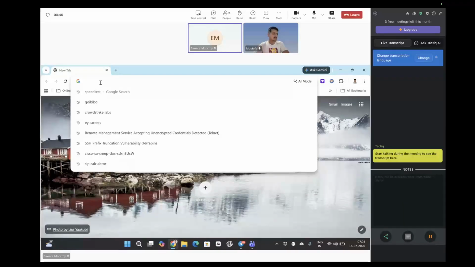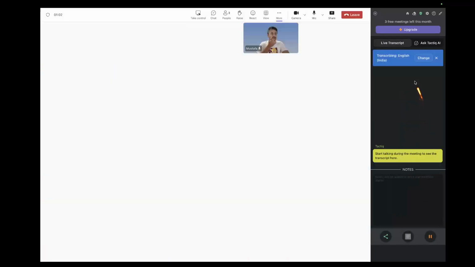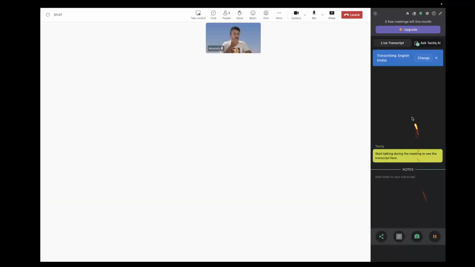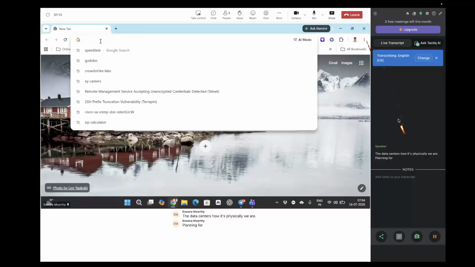So the agenda today is that we are going to discuss the remaining devices which we are using inside the data centers. Number one, and then we are going to talk about the architecture. We have two different types of architecture: one is physical, one is logical. Physical means how, when you are building the data centers, we are physically planning to design things. So that's the one thing. And second thing is